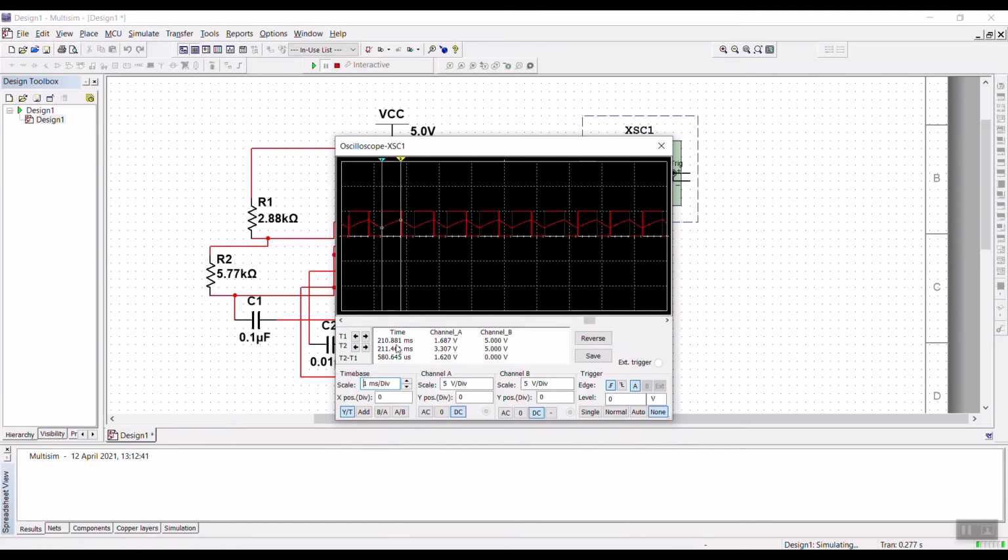So T on, which is T2 minus T1, is 58.645 μs. That is nothing but 0.05, so it is nearer to 0.6. We have taken the duty cycle to be 60%. Therefore, T on should be 0.6 milliseconds. So it is approximately correct. Plus 5 and minus 5 is okay, because you won't be getting the exact values.